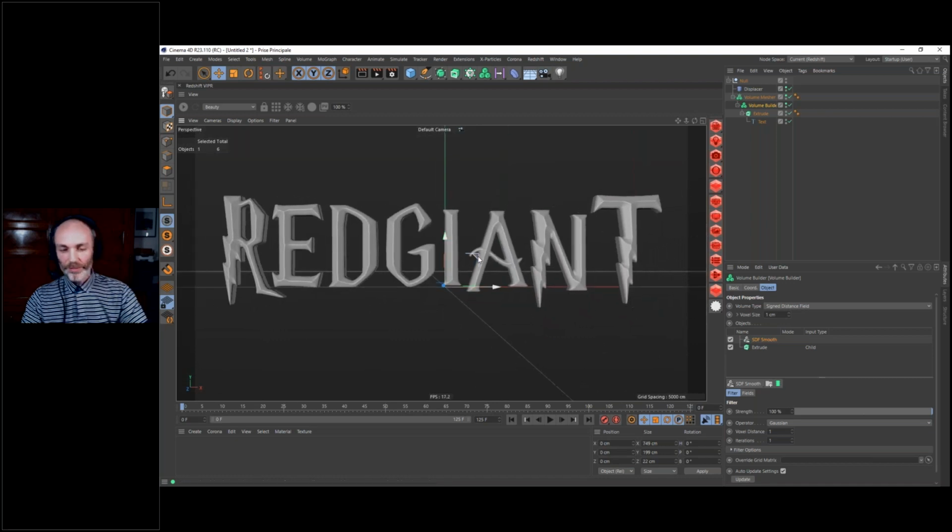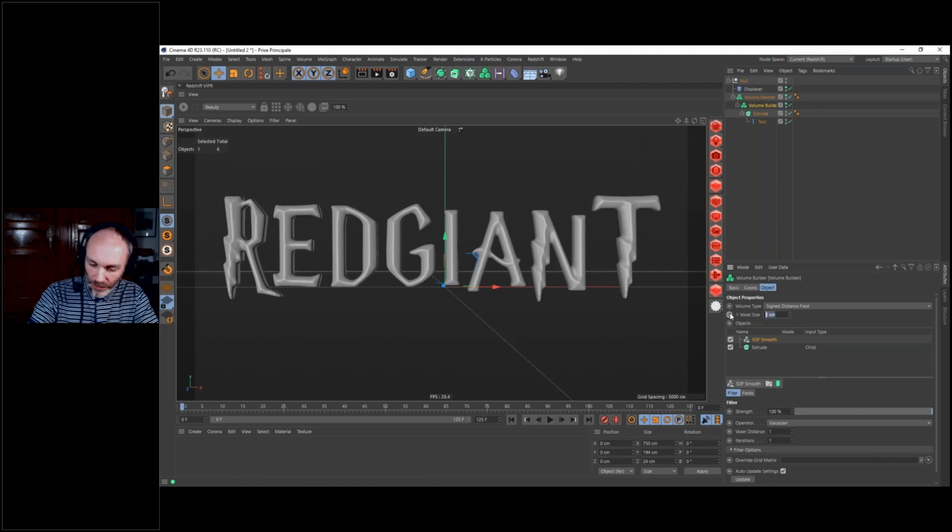Okay, from there we could do a number of things on this font. We could create some imperfection, and there are several ways to do that. We could have even finer geometry. We could play here with the volume builder. So if I change my voxel size to 2 centimeters, we have something which is smoother because there are less polygons.